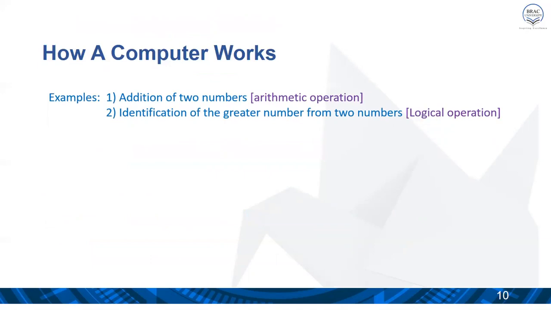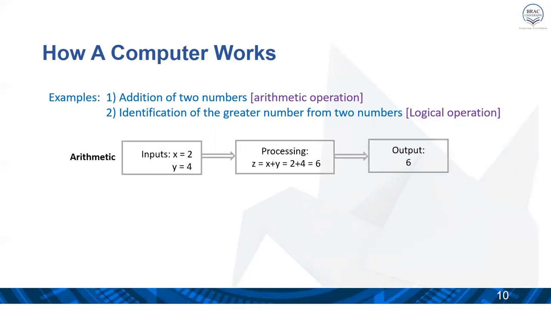Now, I am going to explain the working principle of a computer by using two simple examples. The first one is addition of two numbers, which follows the arithmetic operations. And the second one is identification of the greater number from two numbers, that follows the logical operations. The first one,